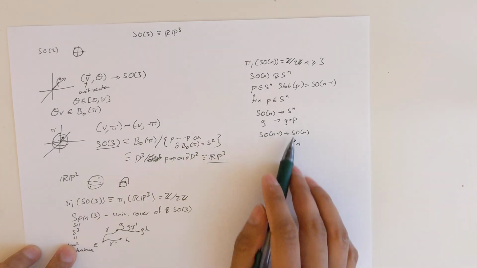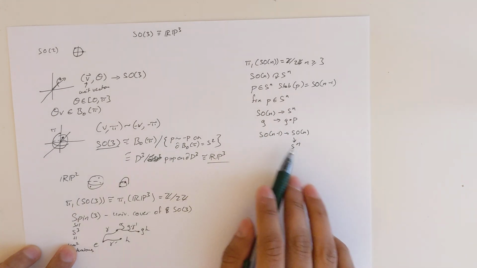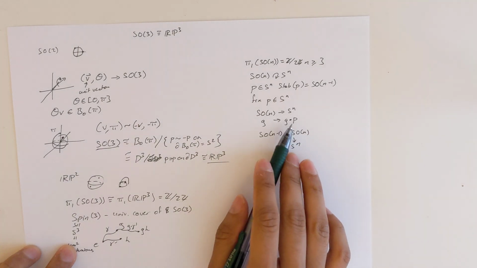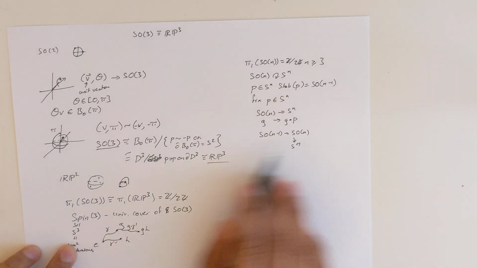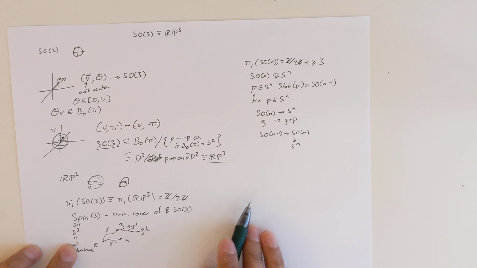So you can think of this as sort of like a smooth generalization of the orbit stabilizer theorem, where this is the stabilizer and this is the orbit of the action here on S^n of the point P. And I recommend you to sort of work out the examples for maybe SO(2) and SO(3) directly